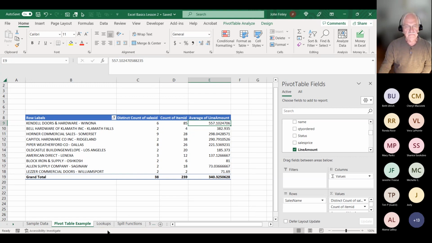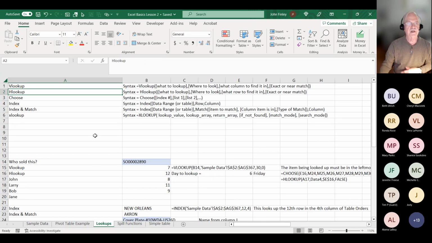Okay, that being said, let's talk about lookups. So now here we've got 6 different ways that we can look up data. Why would we want to look up data? I want to say who sold this sales order. So remember,